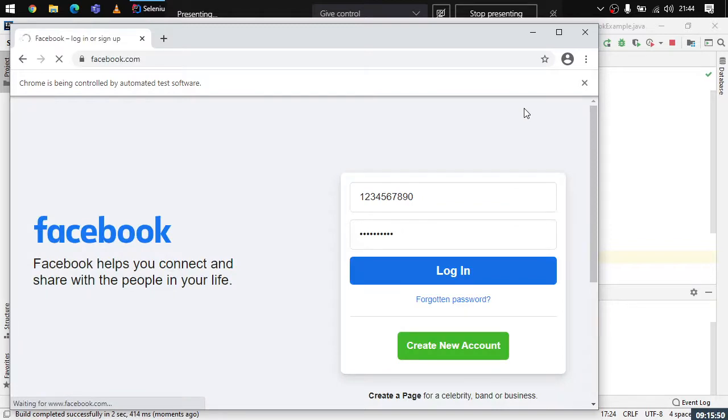Facebook.com is opening and you can see that it has tried to type in the username and the password, and now it is actually trying to log us in. It will run for a few more seconds and then the page will stop, or it may be taking us to some other page where it will be telling us that we have tried to put in wrong username and the password, right?